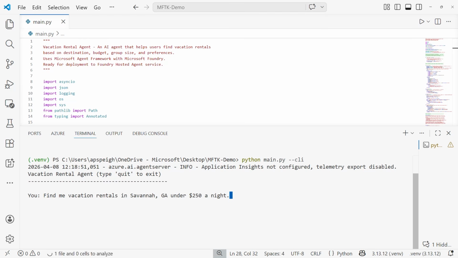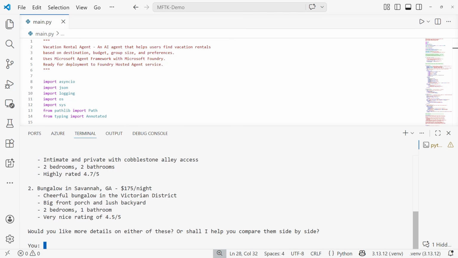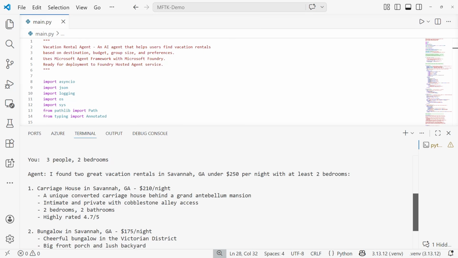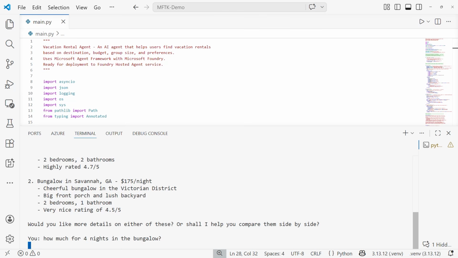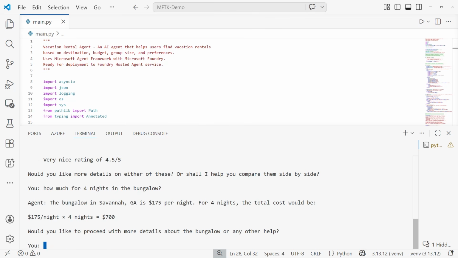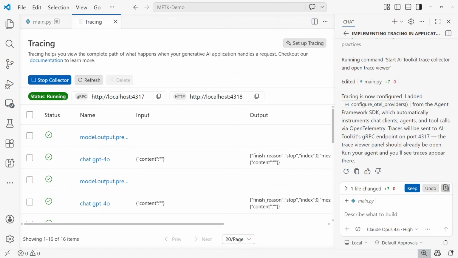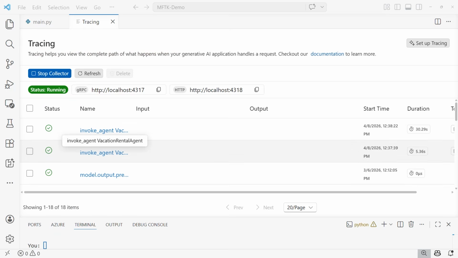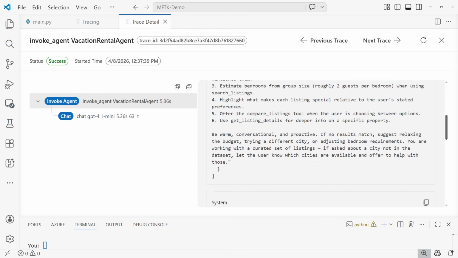Not only has GitHub Copilot created the agent code, but it's also created a great starter system message to define the agent's behavior. The responses for my agent appear to be just what I wanted. However, I'd still like the ability to trace my conversations with the agent in case I need to do any debugging later down the road. I'll ask GitHub Copilot to add tracing to the agent code. With tracing added, I can continue testing my vacation rental agent and view traces directly in the Microsoft Foundry Toolkit's